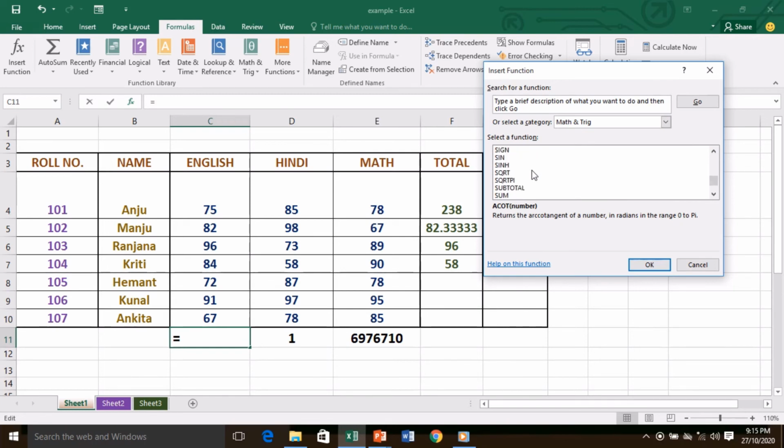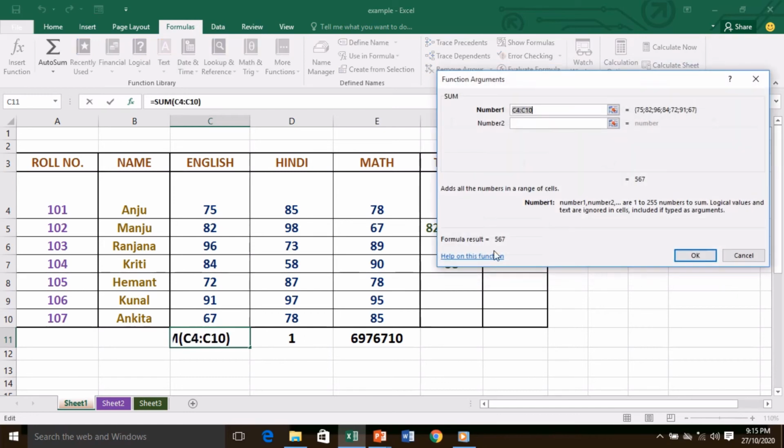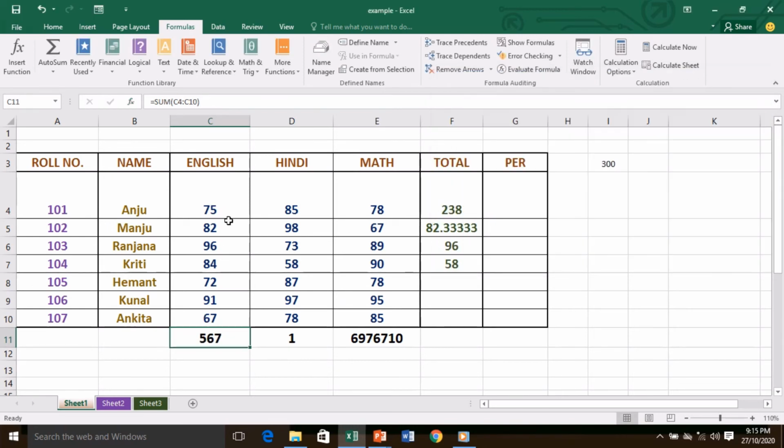Suppose I need the sum function. So I type SUM, and here it is. I click on OK. It is asking me for C4 to C10. The moment I say OK, the sum of this full column has appeared in this cell. So here is the sum function. We have found the GCD, and here is the LCM.